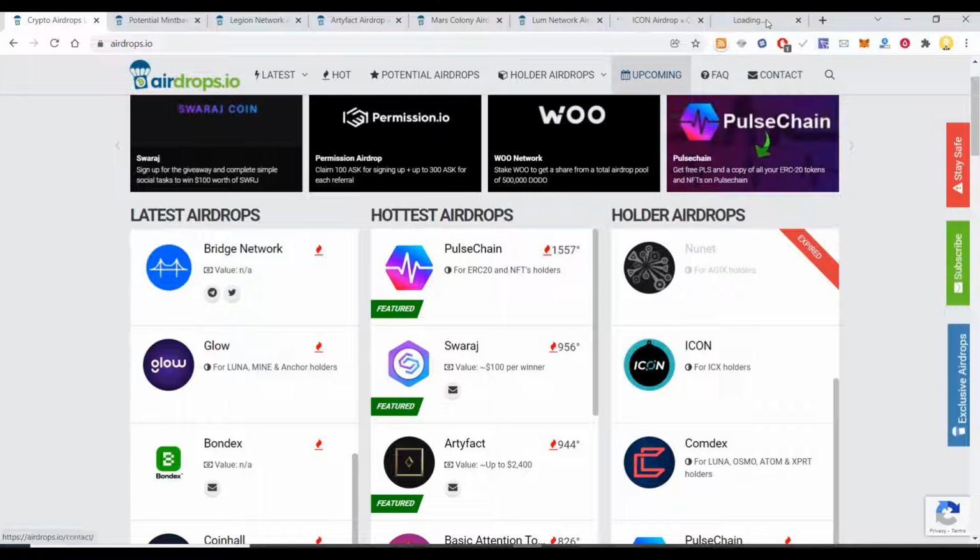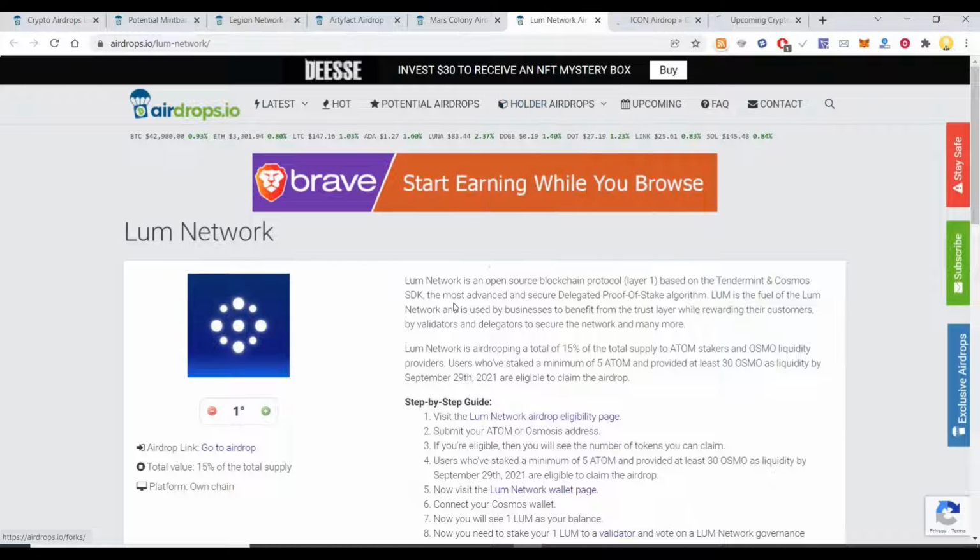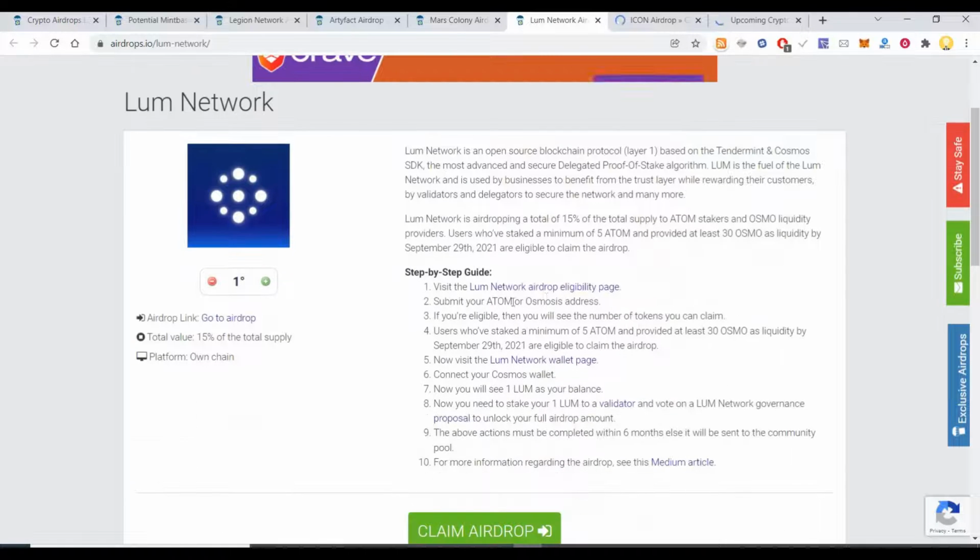And these are the upcoming airdrops. I think it will show you all the upcoming airdrops. So let me see. Yeah, Loom network. Visit the Loom network. Submit your atoms for osmosis address. If you are eligible, then you will see the number of atoms you can claim. Users who hold a minimum of 5 atoms and provide at least 30 osmosis liquidity are eligible to claim